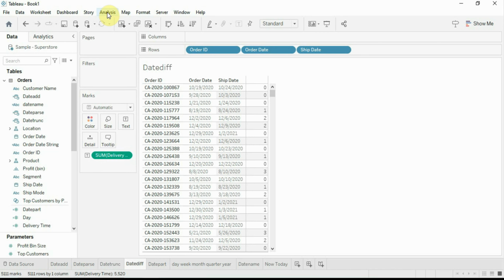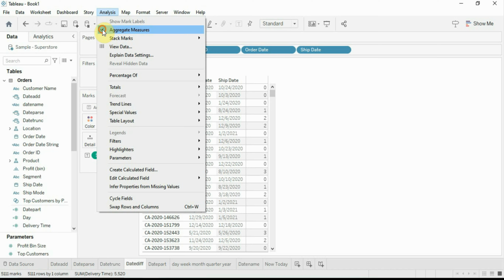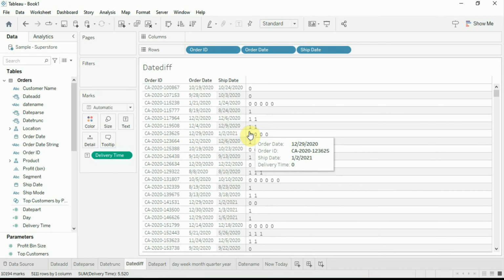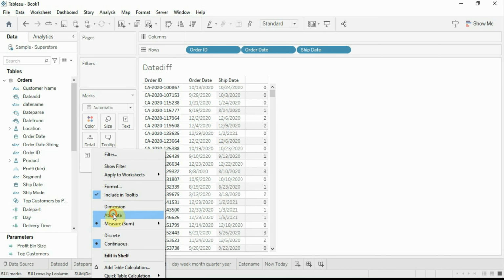When we disaggregate our data using the Analysis tab, as you can see, order ID 119508 has 2 records. Each record has 1 week time difference. After summing, it is becoming 2 weeks. So let's again aggregate our measure and change the aggregation to attribute.